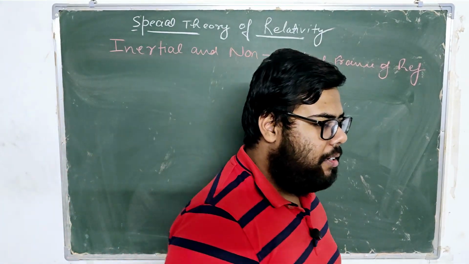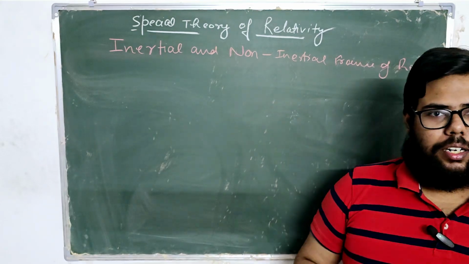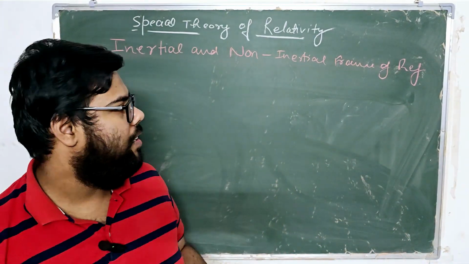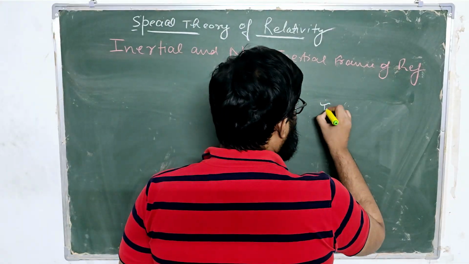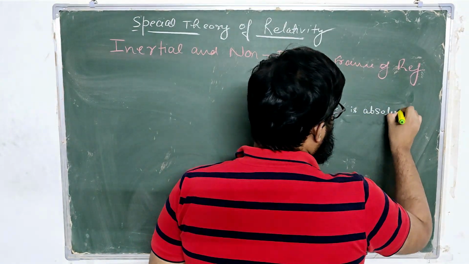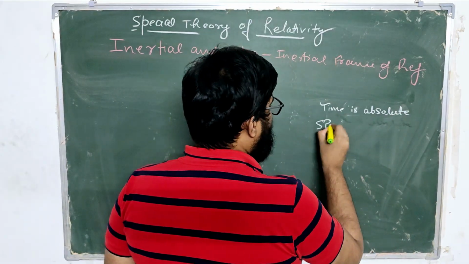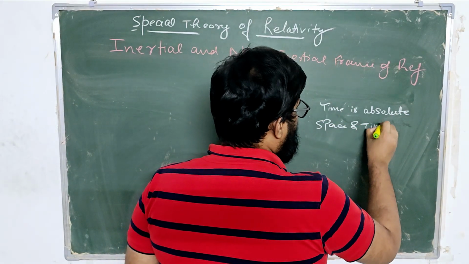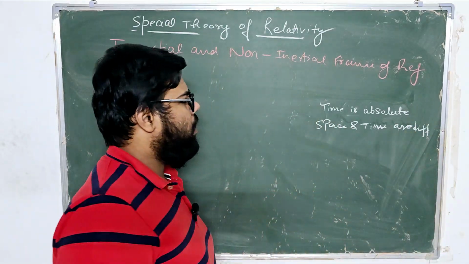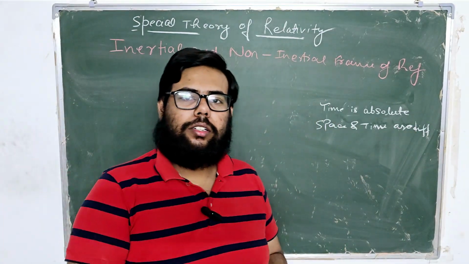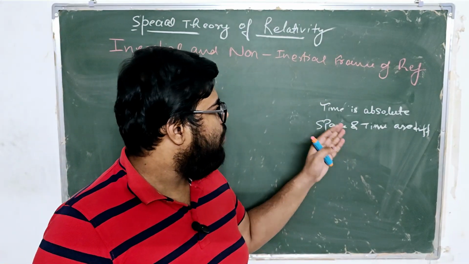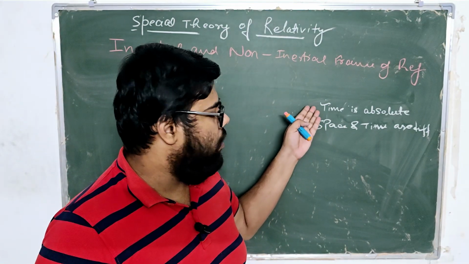When Newton proposed his theory on motion, he stated certain things, like time is absolute, and space and time are different things. Basically, these two are the things, and there are many other points also, but right now, to make you all understand, I am just sticking to these two points.